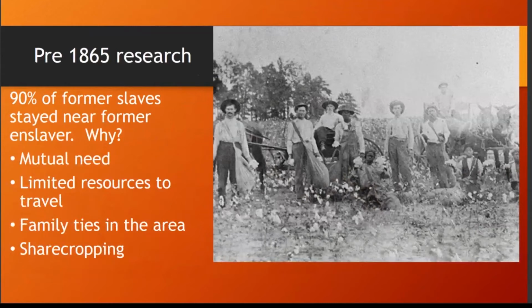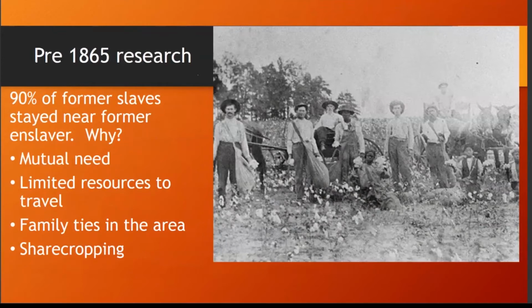Now that we've looked at post-1865 research, let's look at the more challenging pre-1865 research. After emancipation, slaves were turned loose with no property, no land, and really no means to support themselves. So what happened was former slave owners divided their plantations into 20 to 50 acre plots per freedman family. In exchange for land, cabin, and supplies,